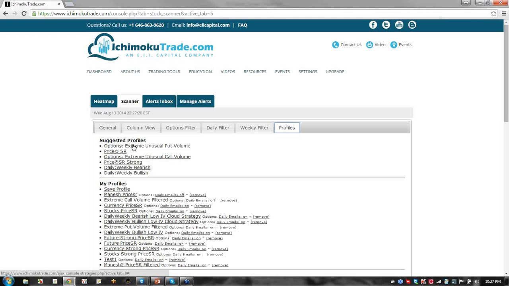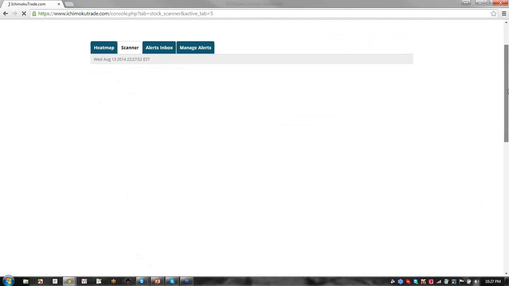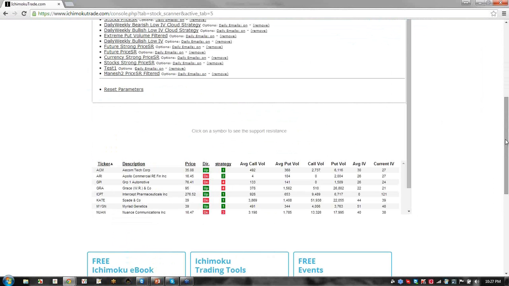The option, extreme unusual put volume. This is looking for extreme put volumes where something's going on underneath the hood. Something unusual is going on. So these are stocks that you need to look at because something special is going on where some people are buying or selling options, and you need to look at these, look at the charts to see exactly what's going